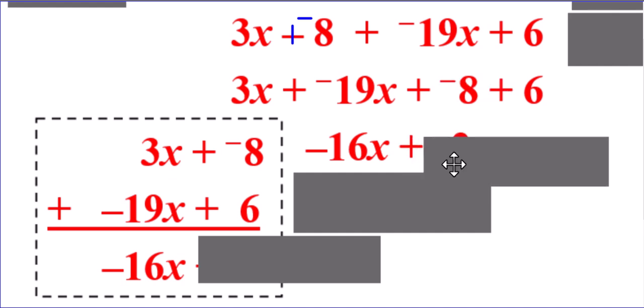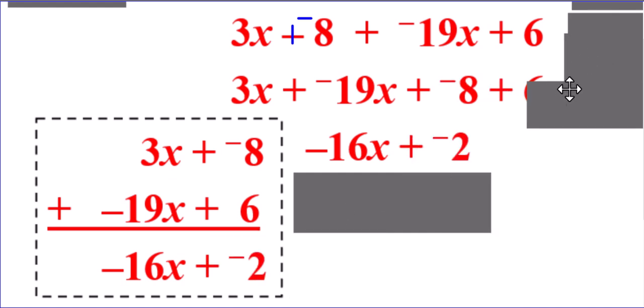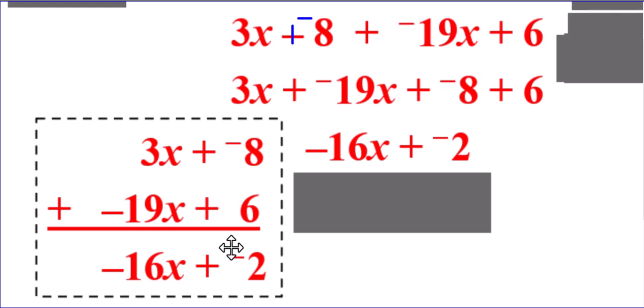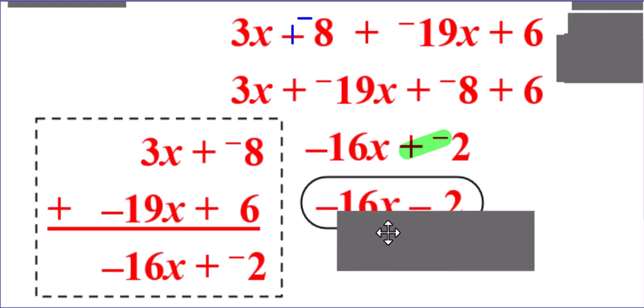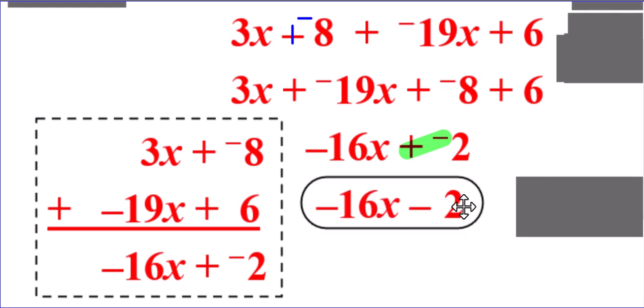Negative 8, positive 6, that's going to give you negative 2, no matter which way you're doing it. Oh, wait. Do you remember that thing I taught you on a previous packet of guided notes? That if you have 2 symbols in between a term and another term, that's not considered to be in simplest form. So instead of making this plus negative 2, I'm going to have to make this minus regular 2. Now, I can do that because subtraction of 2 is the same as adding negative 2, adding the opposite, except I'm doing it